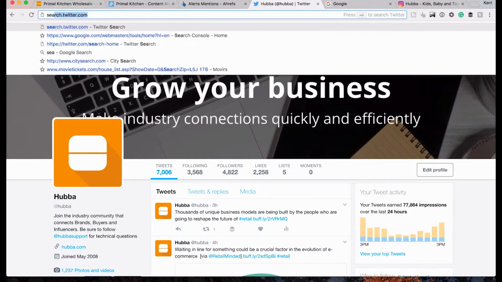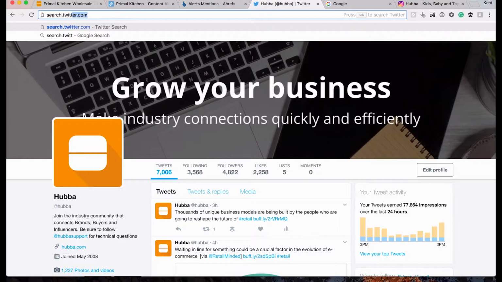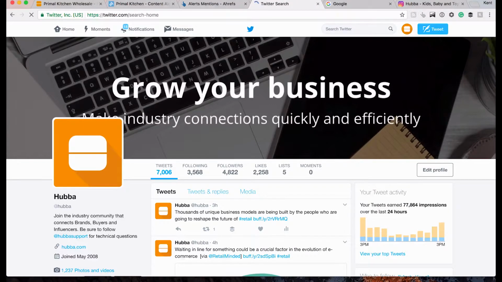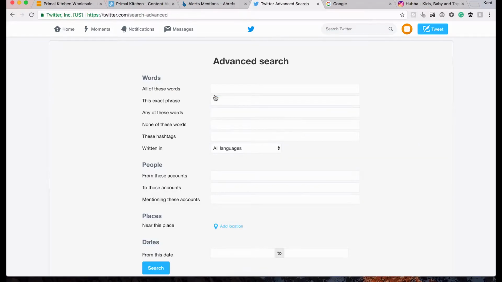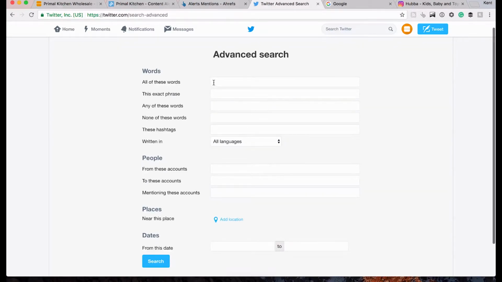If you go to search.twitter.com, you'll get exposed to the really advanced search that Twitter has. And in fact, I would just jump right into the advanced search to really get a feeling for all the different things that you can search for. So here you can say, I want to search for any tweet that has just these words in it, this exact phrase, any of these words, none of these words, and you can combine all these together. So you can really design a very powerful search.